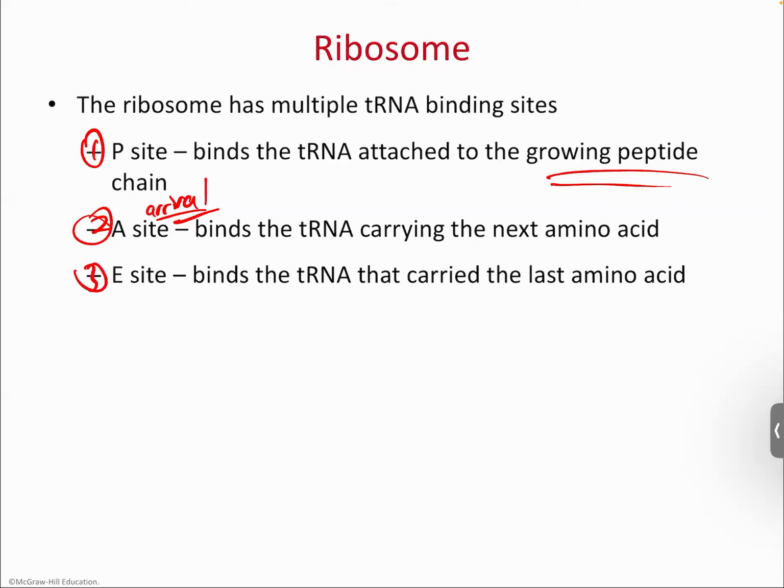And then E is the exit site or the ejection site. So basically, once you deliver your amino acid, you get a little bit of a shift over. You have three tRNAs. One's holding the growing polypeptide chain. The other one's holding the new amino acid that's coming in to add to the growing chain. What does the third tRNA have? Nothing, because it already delivered its amino acid. So it has nothing now. It's an empty tRNA. So basically what it does is it gets ejected, kicked out, so that it can go get recharged,